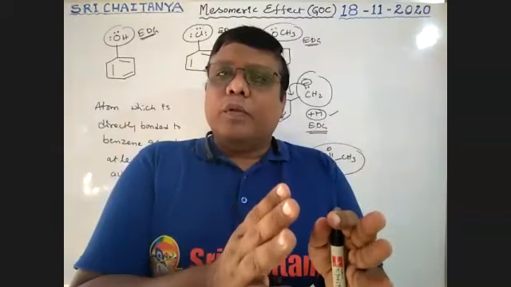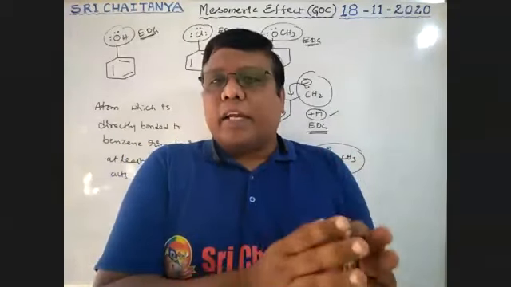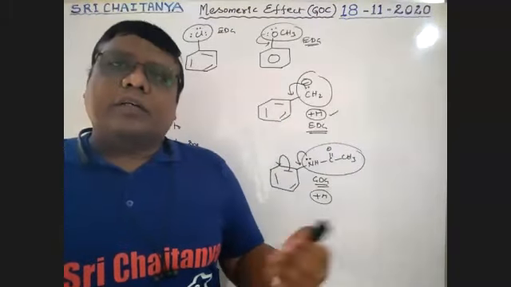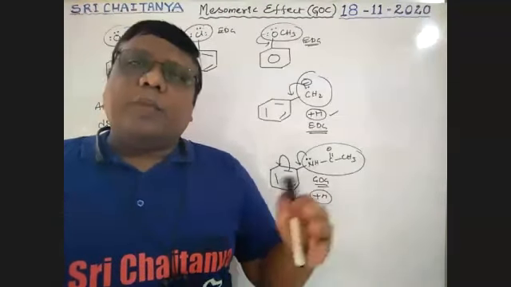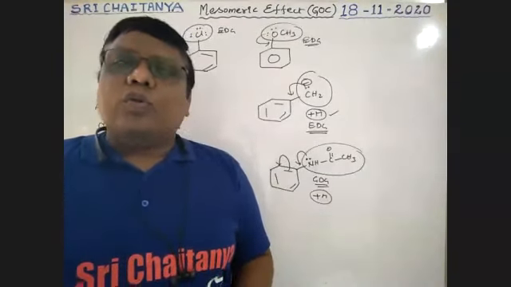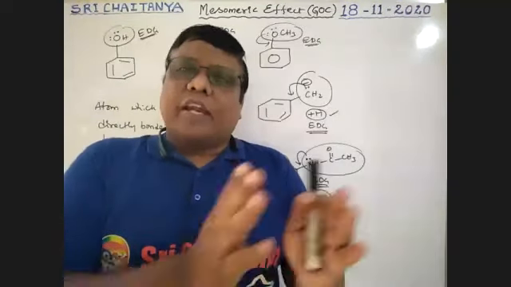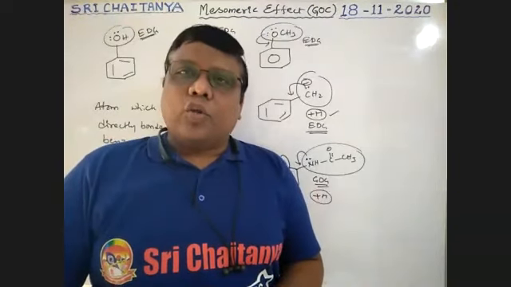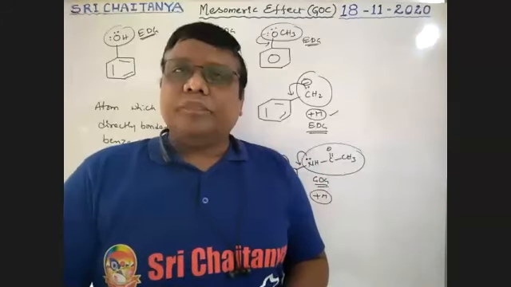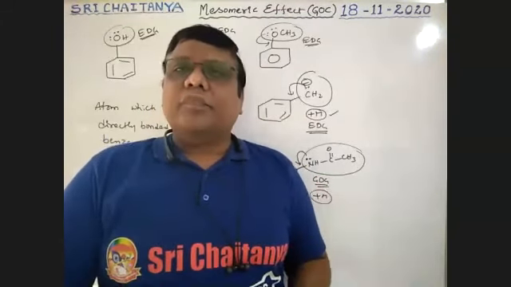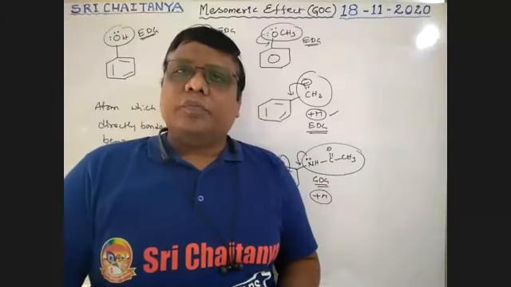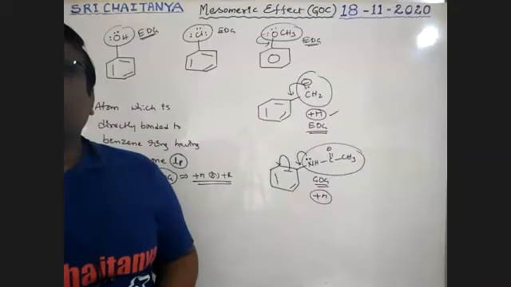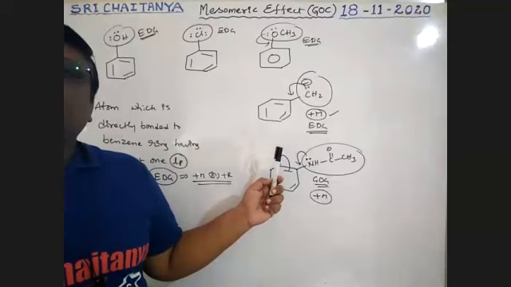Any group, that is the atom which is directly attached to benzene ring having at least one lone pair, acts as electron donating group. That electron pair donated by that atom towards benzene ring is called electron donating group. So towards benzene system, if electron migration is there, that is electron donating tendency. Away from benzene system, if electrons move away, that is minus M. So is there any doubt to recognize electron donating tendency of the groups? Tell me, boys.